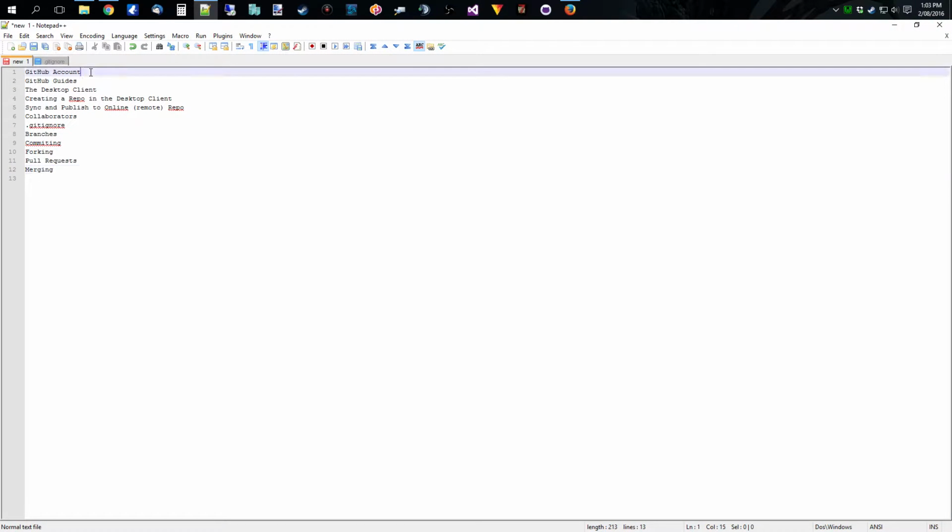So what are we going to cover? How to create a GitHub account. There's a few guides available on GitHub. Where to get the desktop client and what it can do for you. Creating a repo in the desktop client, and then syncing and publishing to the online github.com,